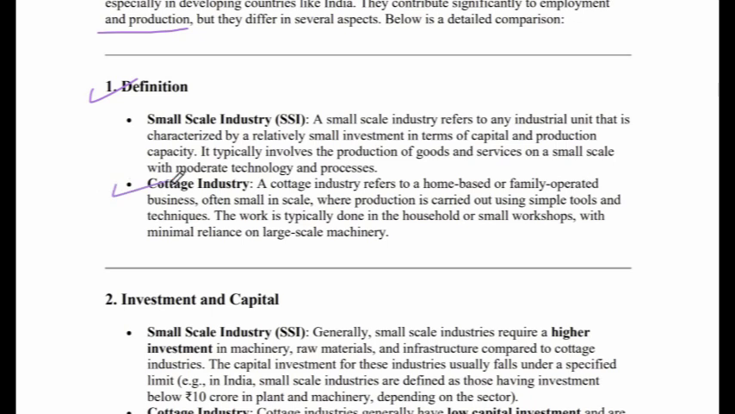Cottage industries देख लेते हैं definition. A cottage industry refers to a home based. तो जब भी हम कॉटेज बोलेंगे तो इसका मतलब है कि घर से जो ऑपरेट होता है बिजनेसेस या जो फैमिली ऑपरेटेड बिजनेसेस हैं, जो फिर से वो भी बहुत स्मॉल स्केल पे हैं, where production is carried out using simple tools and techniques, simple technology. जो घर से ऑपरेट होता है या होम बेस्ड या फैमिली ऑपरेटेड बिजनेसेस are known as cottage industries. The work is typically done in the household or small workshops with minimal reliance on large